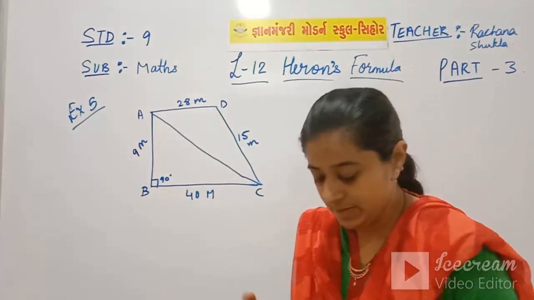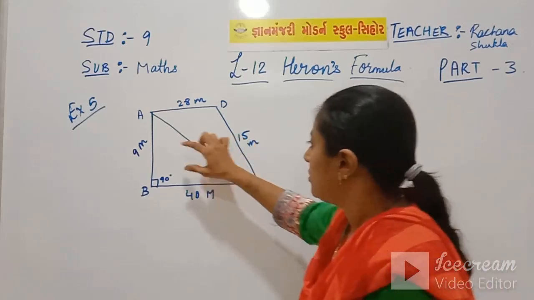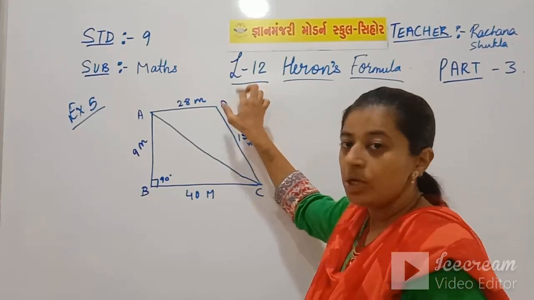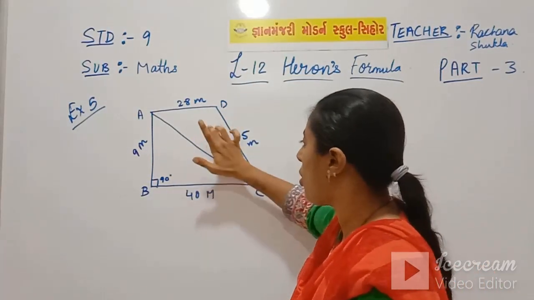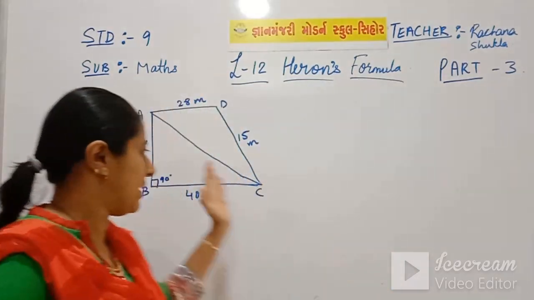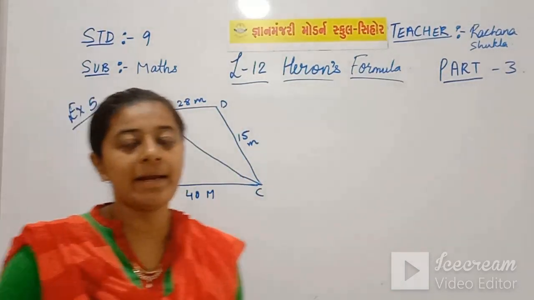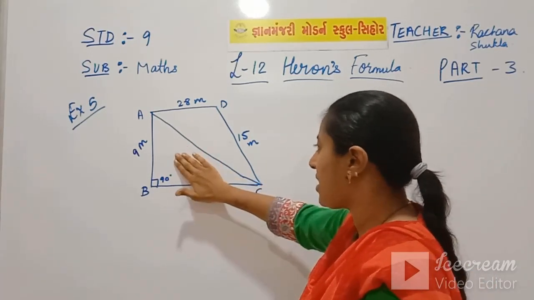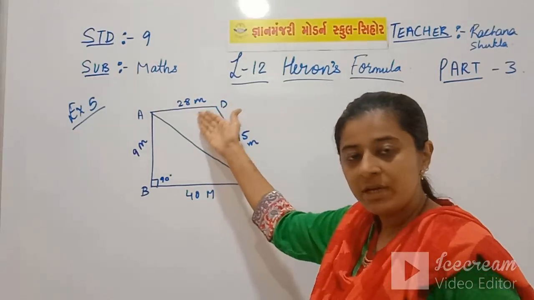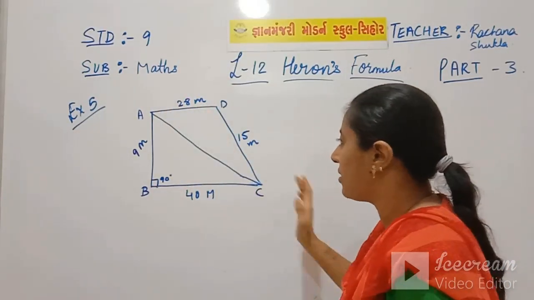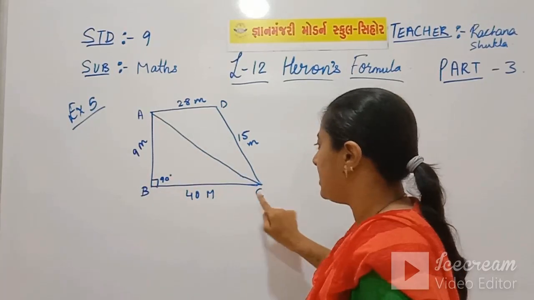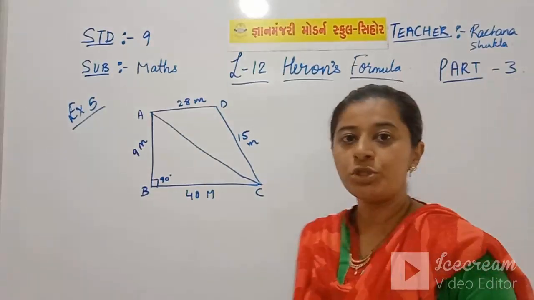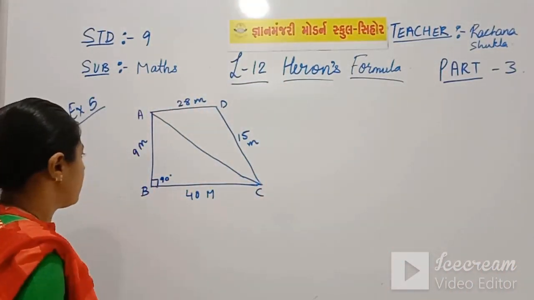So your question is, once again, the students are walking in a group, that is A, B, B, C, C, D. You have to find out the area of both these triangles, that is the area of the quadrilateral. You cannot directly find the area of a quadrilateral, but first you will find the area of this triangle, then you will find the area of this triangle. Here you can see two triangles, triangle ABC and triangle CDA. Two triangles are there. Now let's start the sum.